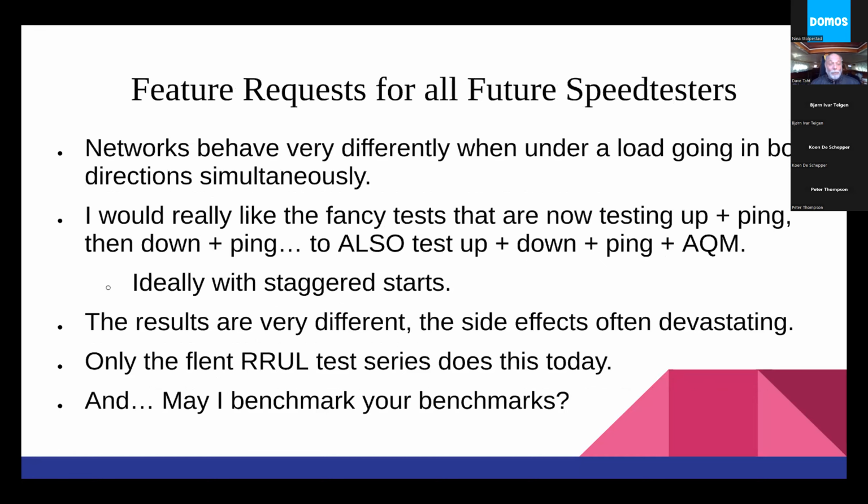I have a feature request for all you guys designing really cool new network technologies to measure this stuff. Please measure in both directions at the same time. People do uploads and downloads. They have video cameras doing security. The network behaves very counterintuitively when you do tests like this. Routers run out of CPU, the network gets weird. Please, please, please add a simultaneous up and down test to all of your speed tests. And if I can get some more reference standards, can I benchmark your benchmarks, please? Can you benchmark them against each other?